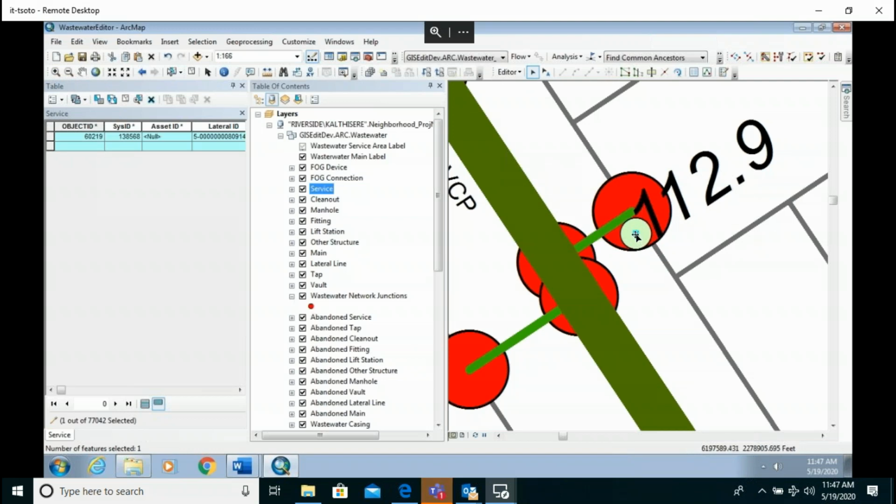And I see a point right beside, which is a service point, which should actually probably be at the end of this lateral line. So for that reason we select this, and then we can move it closer to pick up the snapping automatically,